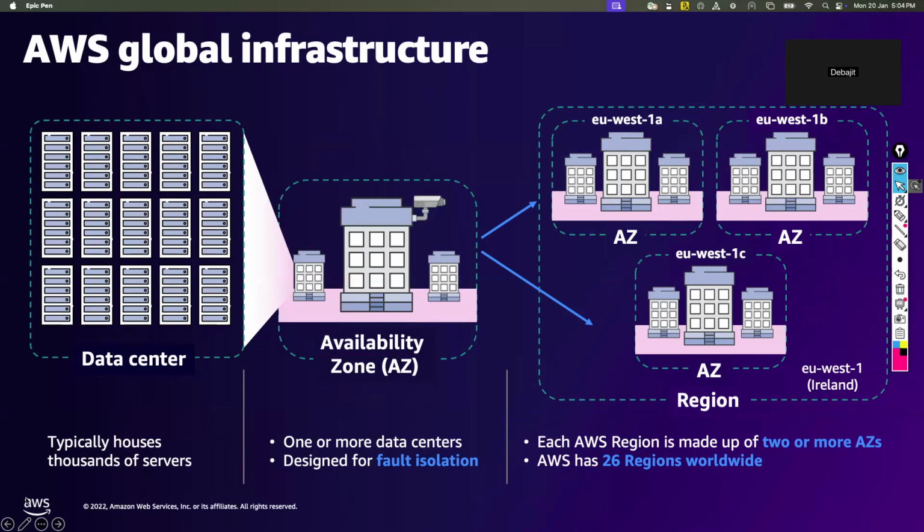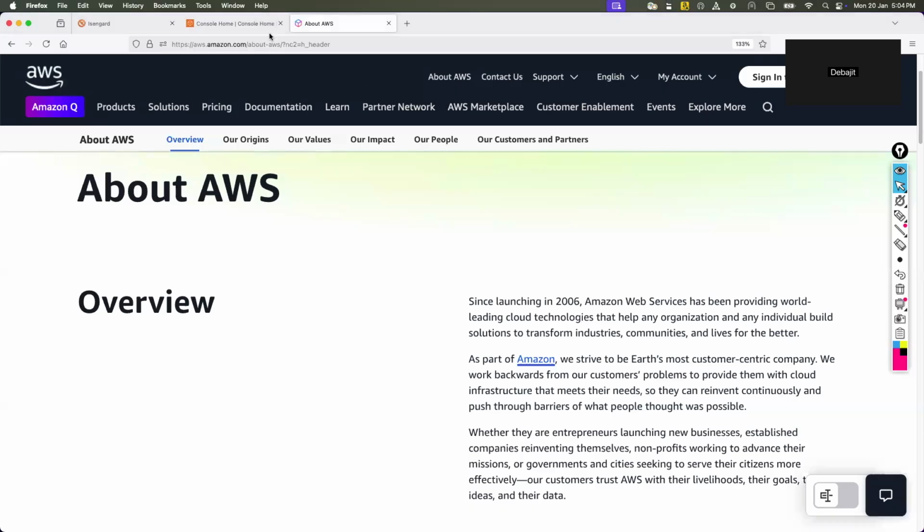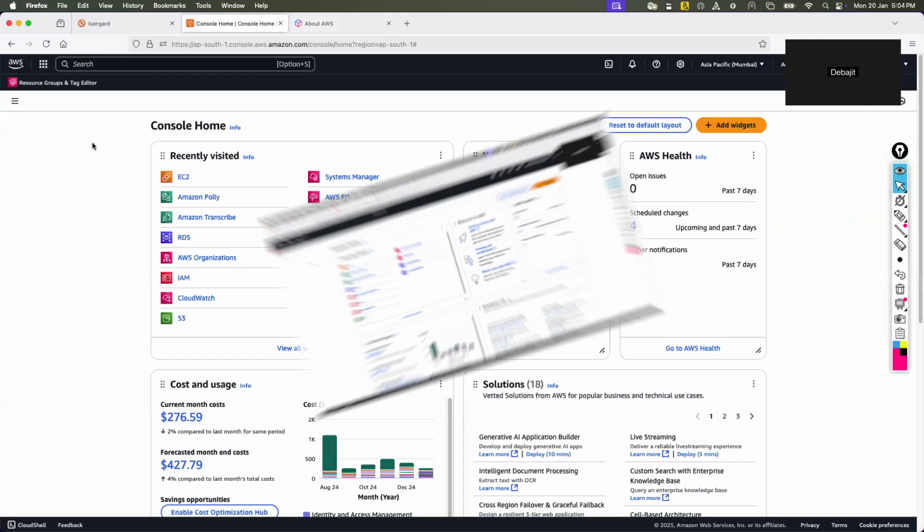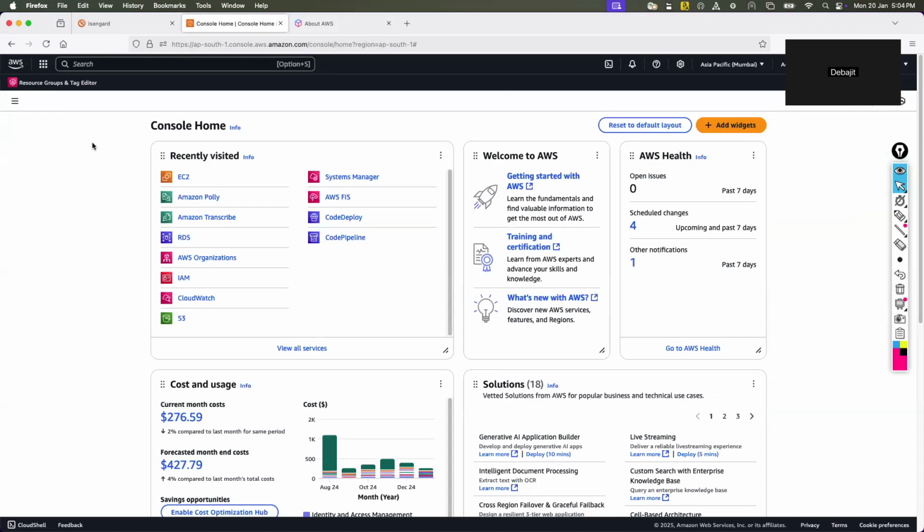Now let me go to the AWS Management Console. So what is AWS Management Console? It is a portal. Anything you can do related to AWS, you may use this console, like to create a server, a database, storage, AI/ML stuff, analytics, just name it. So this is the AWS Management Console, correct?